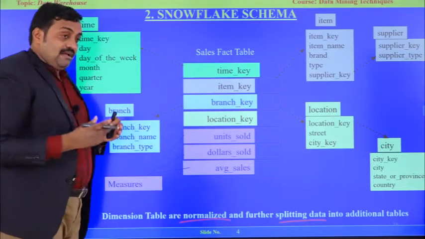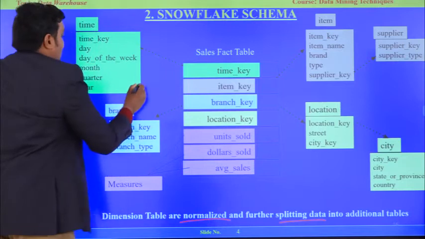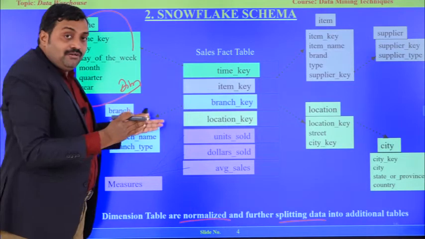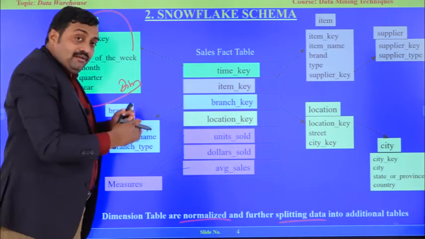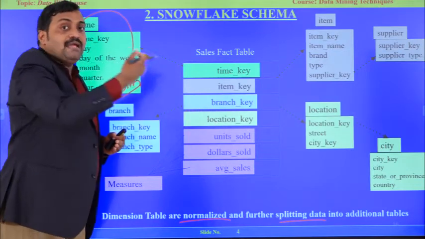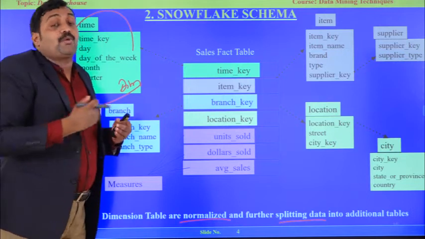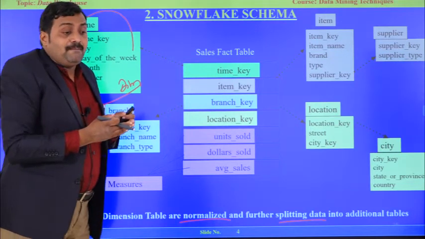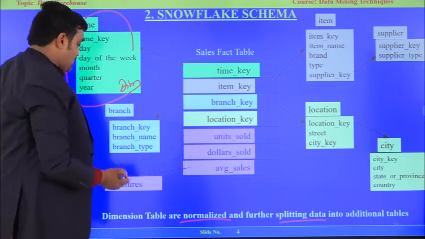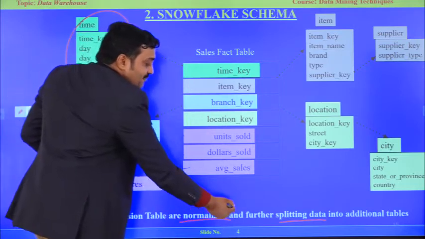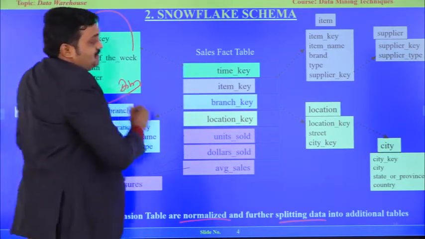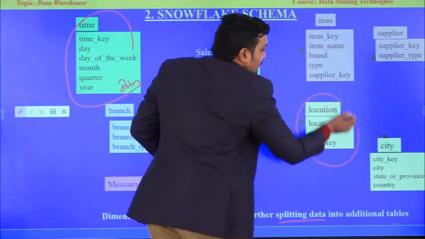and normalize. That means to normalize the dimension tables. These are the dimension tables, dim tables. Item, same example. So I am going to further divide to normalize, and I am going to create one more table. Then I can access easily and minimize the process, because we have billions of records. Accessing a centralized point is very difficult. That's why dimension tables are normalized and further split into additional tables.